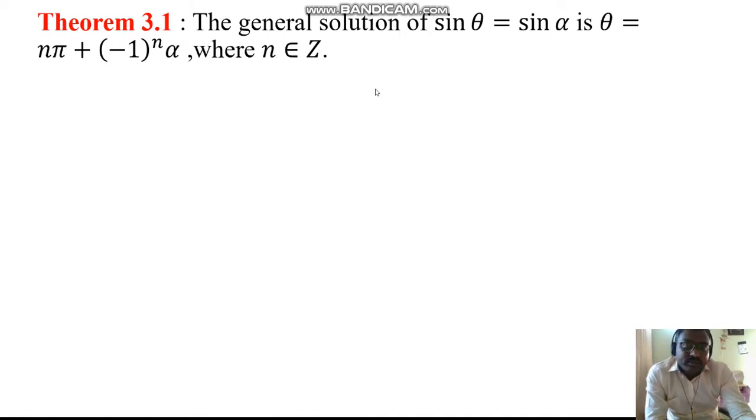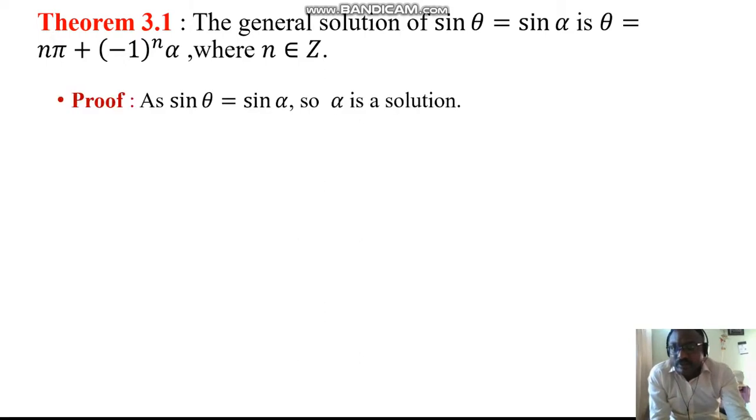Now we see the theorem. The general solution of sin theta is equal to sin alpha is theta is equal to n pi plus minus 1 raised to n alpha, where n is an integer. As given that sin theta is equal to sin alpha, one can easily say that alpha is the solution of that equation. Also, from